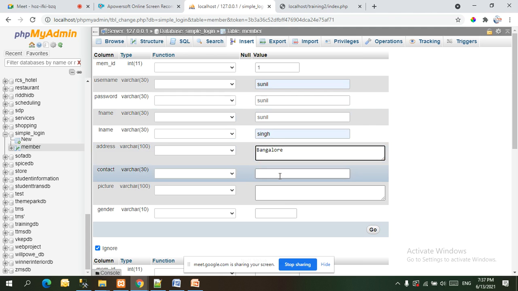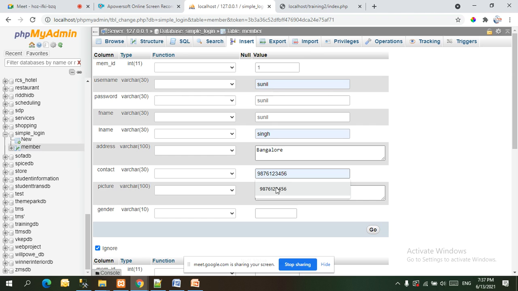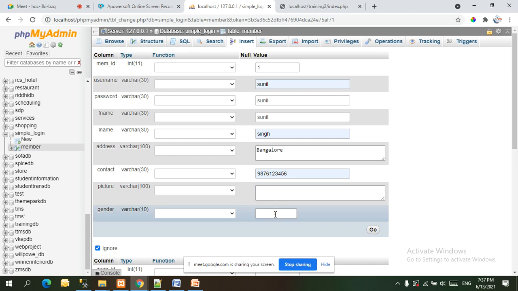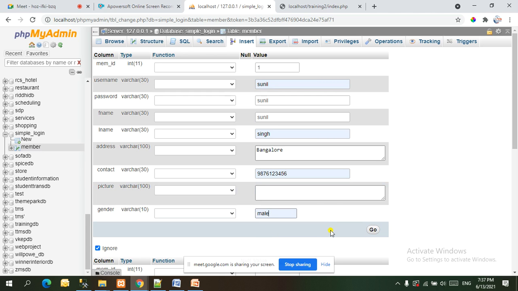Contact number I am going to give some number, and picture I am not going to set a path. Gender male, and here also, if it is not null, some path like abc.jpg, it will not find it, I know. Okay, so save it.